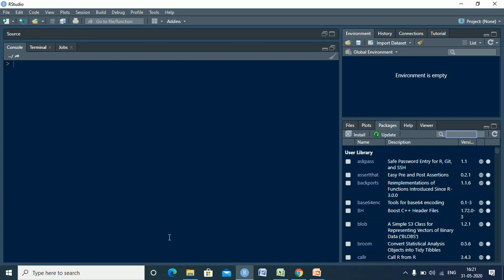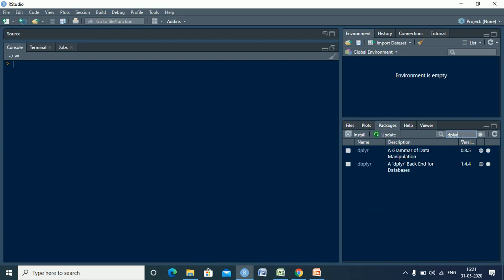Before you use any kind of tool, you need to see to it that you are ticking the package that you're trying to use. The package that we are going to use today for our data manipulation is the dplyr package. Once you have downloaded it, you can go to the packages tab and type dplyr and see whether it is available in the library.